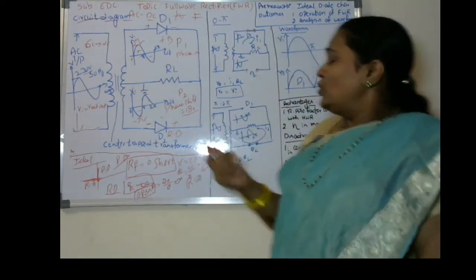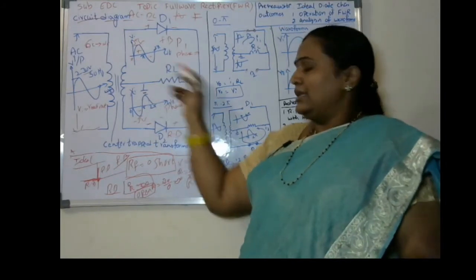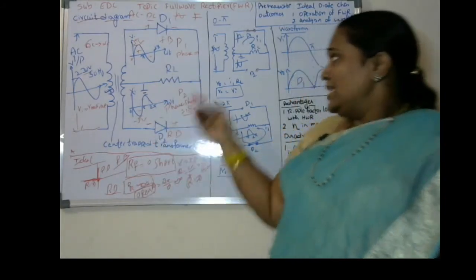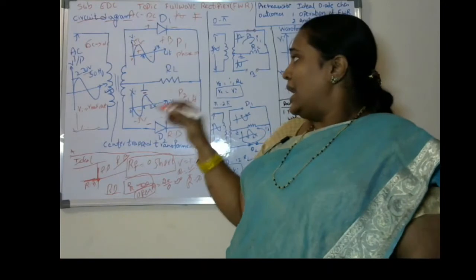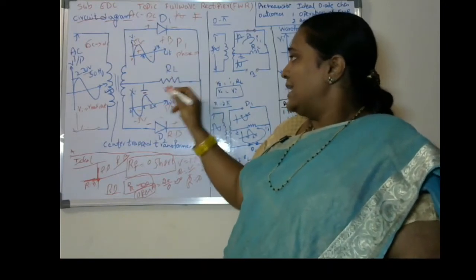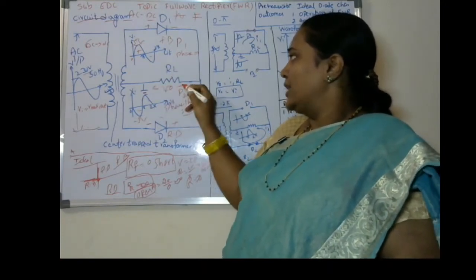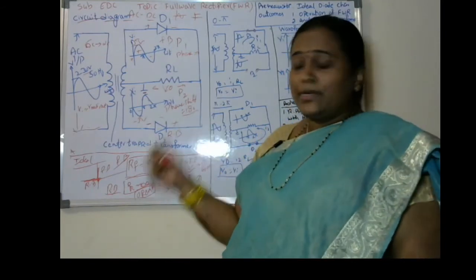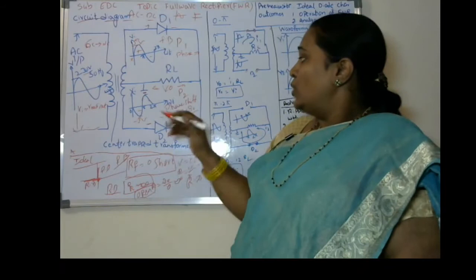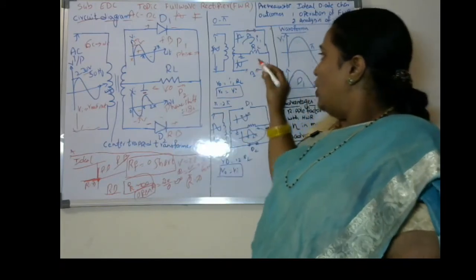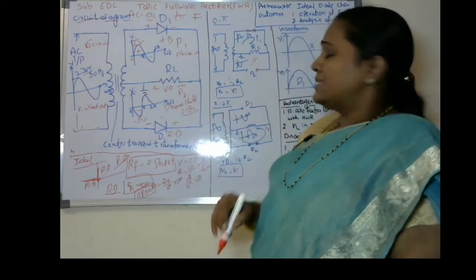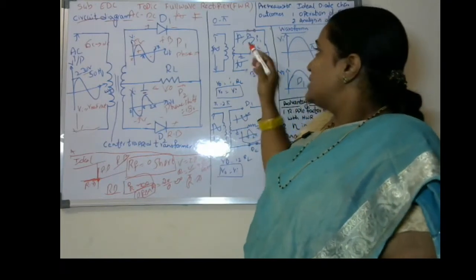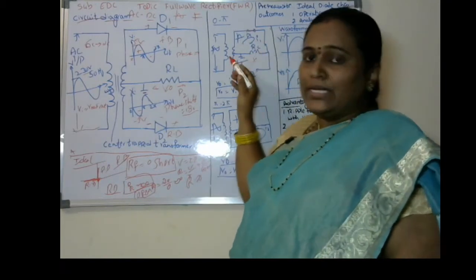Next, we have to go for analysis with respect to the RL. How much voltage is present across the RL will be known as the output voltage. So we have to observe how much voltage is present across the RL. With respect to the phase 2 output, the current will not exist in this case. The current exists only in the part 1 case.